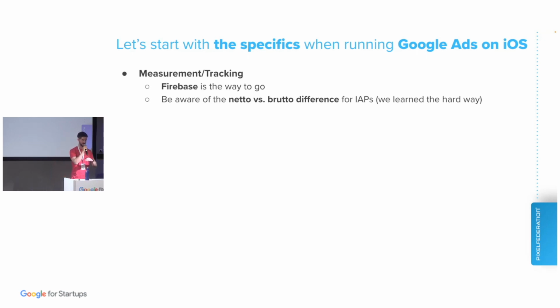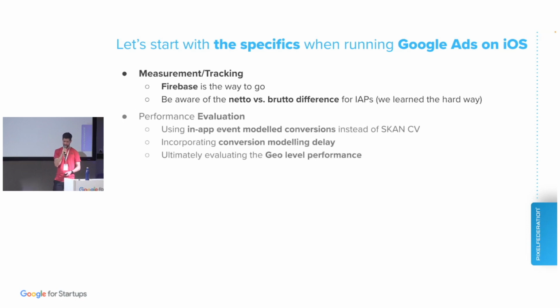We were used to using only net revenue for purchases, which was from internal tracking for our payment system. We didn't know that Firebase is using the gross values. And for a couple of months, a couple of years ago, we didn't know that. So even when we were running tROAS campaigns on Android, we realized there's like 40% less ROAS, well, more. So we needed to completely change the way we set up the target ROAS for those campaigns. So be aware of that. I believe most of you know this, but we learned the hard way.